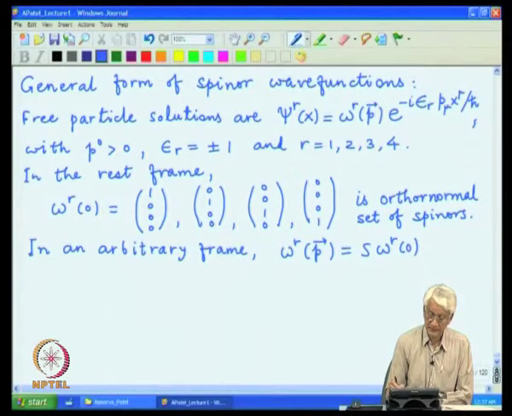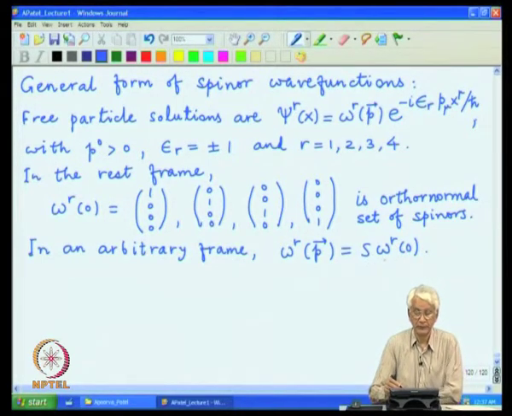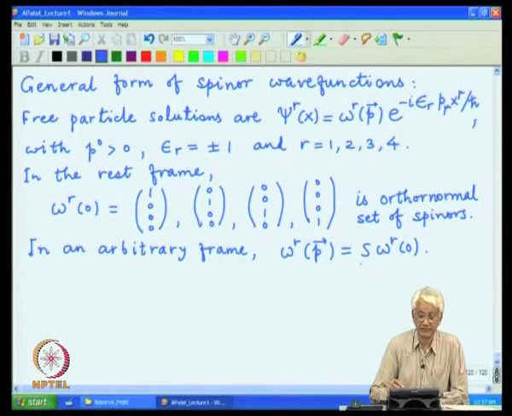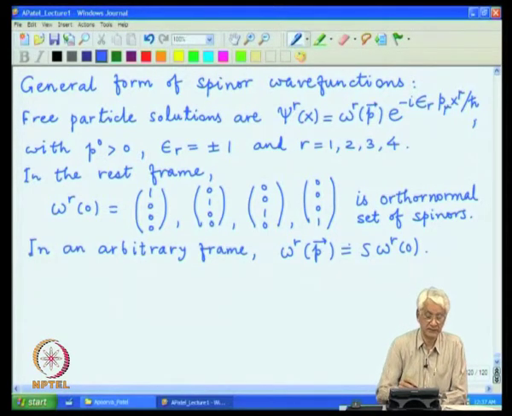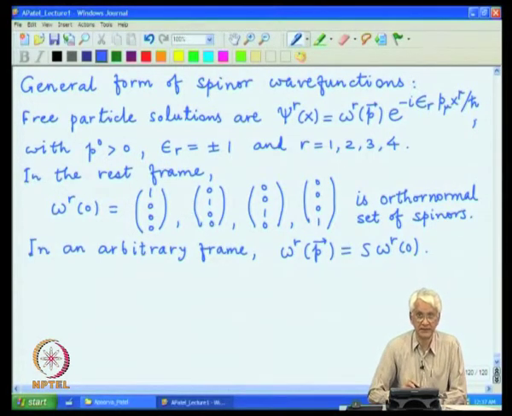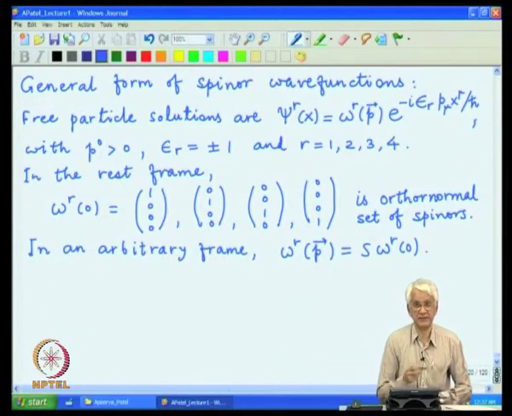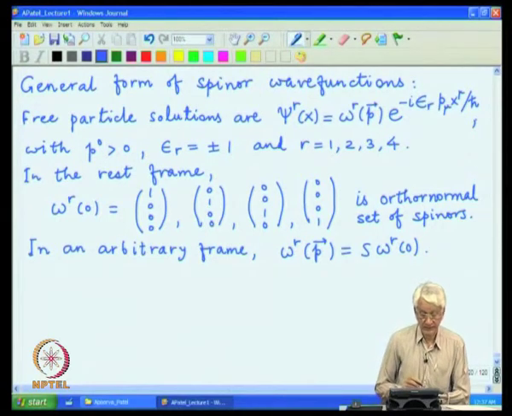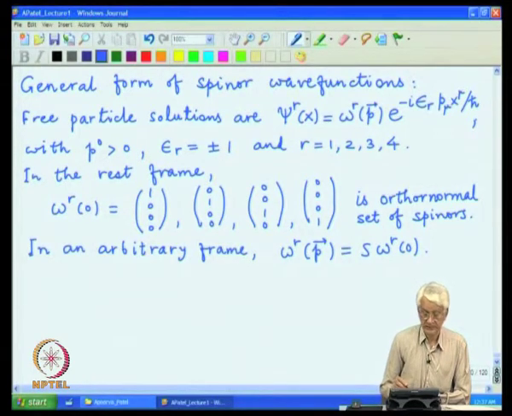and all that happens is one has to apply the boost or rotation operation which we discussed just before, which is this matrix denoted by S. So, this gives a complete specification. First, the rest frame is the frame of the little group in which we specified a complete basis, and then you can go to an arbitrary frame just as we discussed for generic one particle states in the classification of Lorentz group solution. In this particular case, it is just the operator S, which we need to do that.